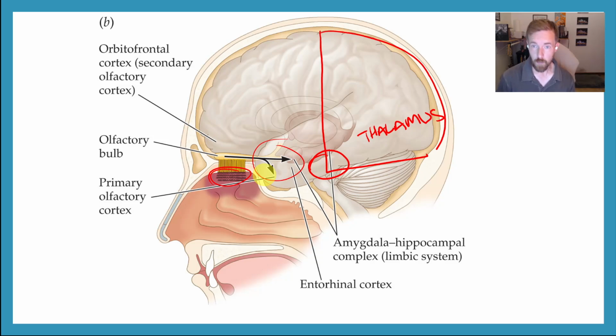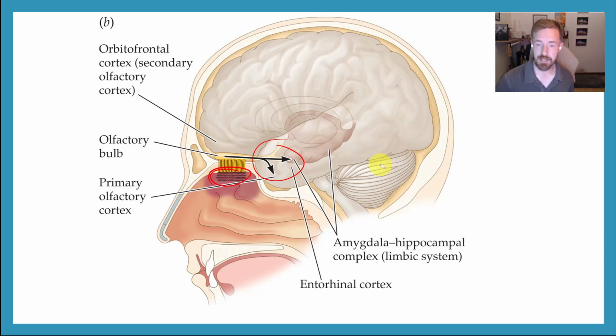This is part of the reason why whenever we are sleeping and your thalamus is busy with other things, it's not letting in any of these smells, which is also part of the reason why whenever people are around smoke while they're sleeping, it's not a guarantee they're going to wake up, even if there's a lot of smoke, because the thalamus is doing a really good job of making sure other senses don't make their way to other areas of the brain. And it picks and chooses what does get there. Smell's not even in this category, right? So it's not one of the ones that's being directed all over the place like these other senses.